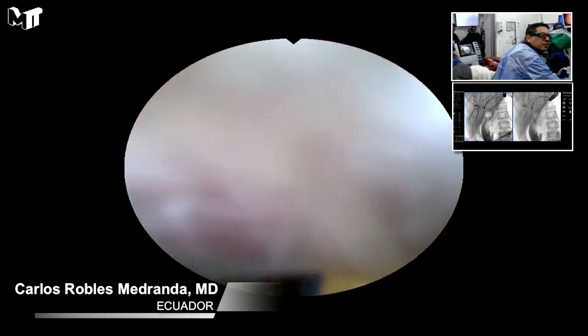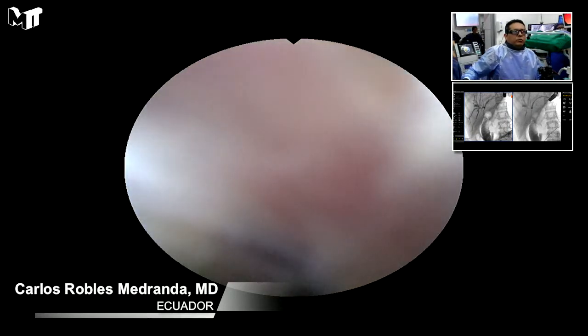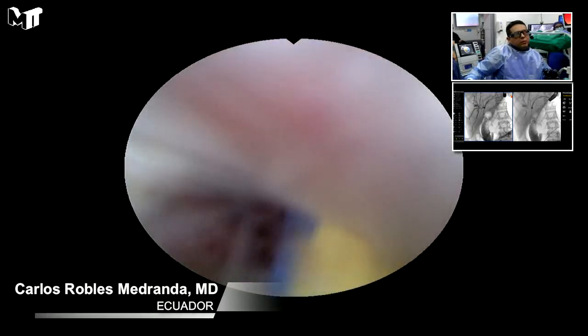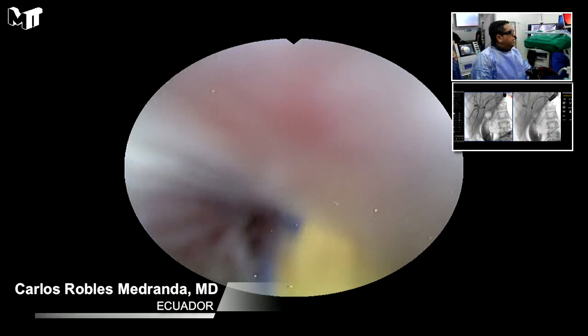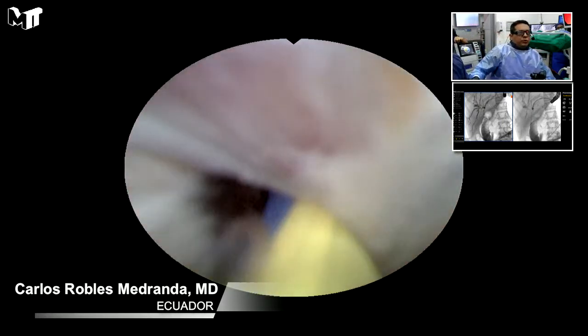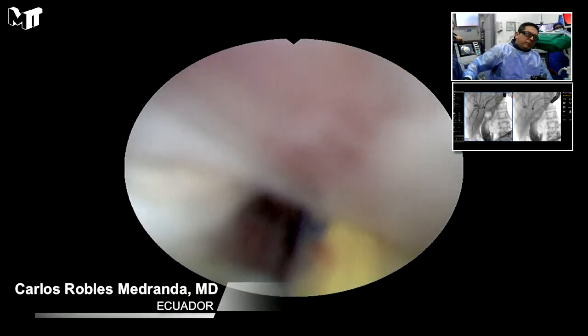So I can pass now. Okay, so I will. I know that I am in the biliary tract and I am in the anastomosis. What I will do is just do a balloon dilation. You see here. So I'm not so sure if this is a natural fistula or if this is a